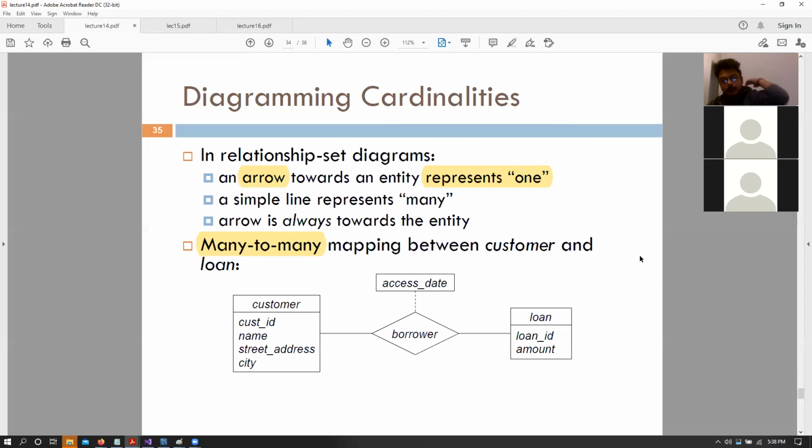Okay, we also talked about how we can represent this in our database as well. So we usually represent these relations using arrows. Arrows, just as a good rule of thumb, would represent one, right? So if there are no arrows, it means that a customer can have many loans, a loan can have many customers as well. So this would be a many to many relationship, right? Many customers can have a single loan, many loans can be held by a single customer, right? So a many to many relationship.